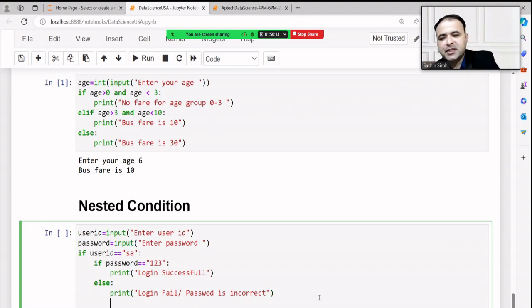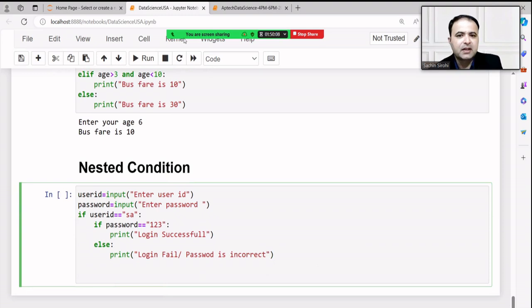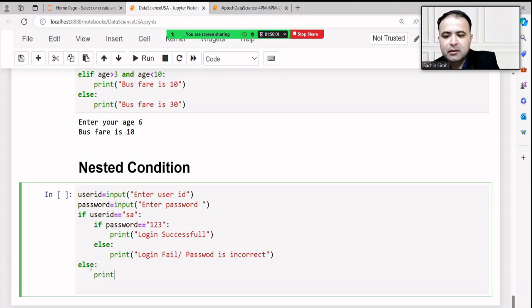If we made a mistake in the first level, on the first condition, then we can mention the else here, login fail, and user ID is